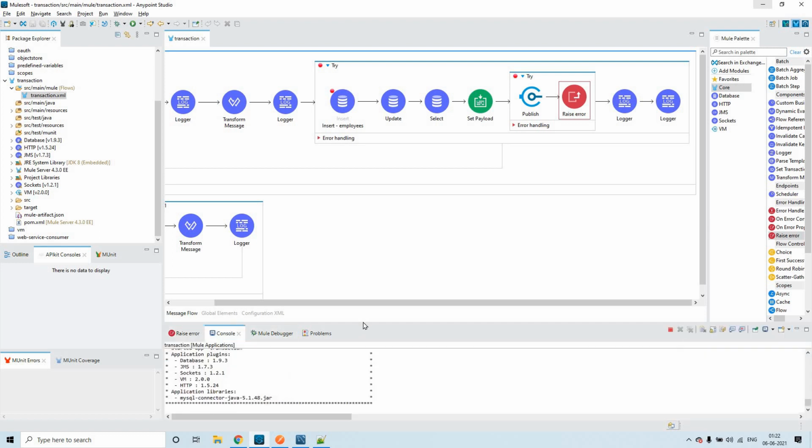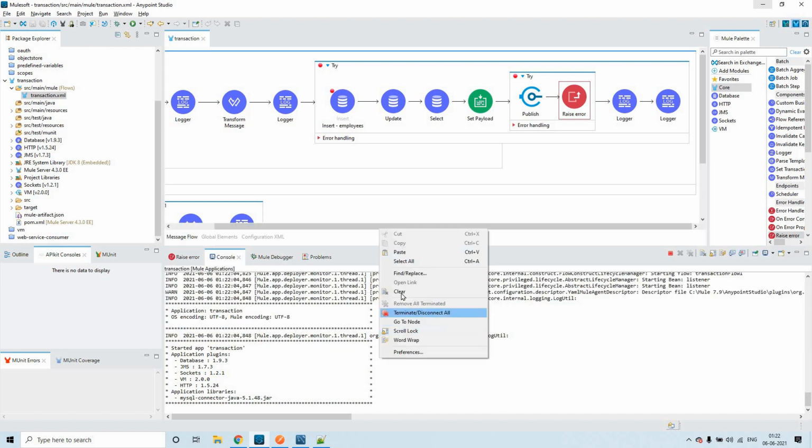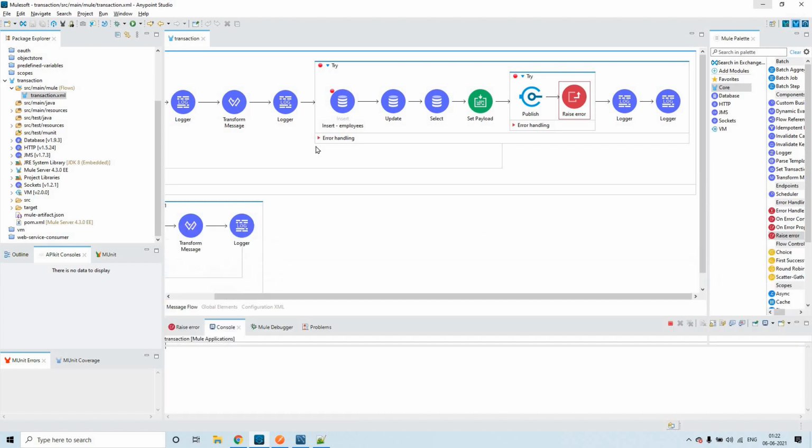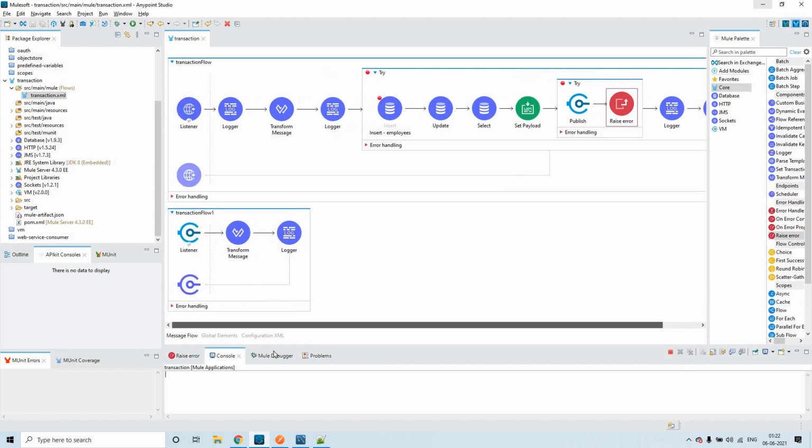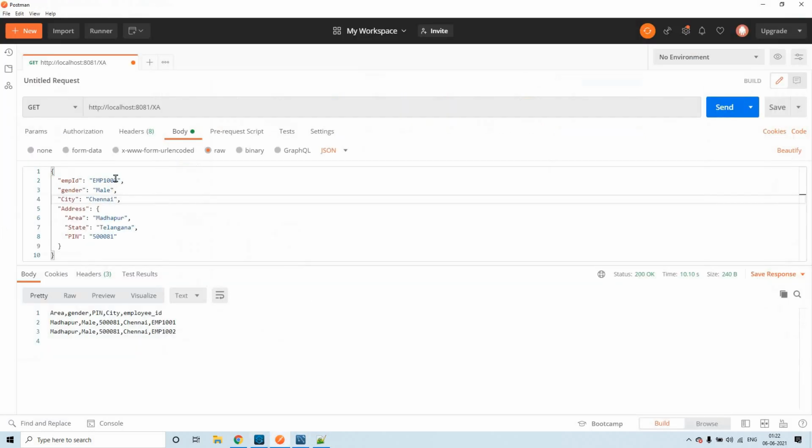It will roll back the records which we have newly inserted into the database. Let me try to send this with 1003 and city as Bangalore. So the first record's city will get updated to Bangalore. Let me click on send.